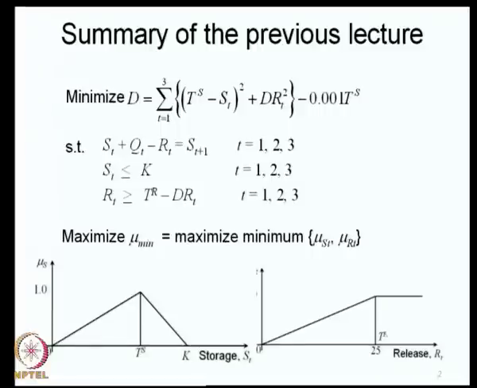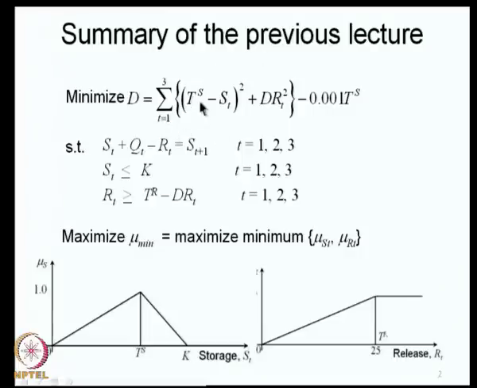Specifically, what we dealt with in the last lecture was a situation where we have a storage target and a demand and release target. And these two are conflicting in general, because if you make more release, then the storage will be depleted. So, if you want to maintain both the storage target as well as the release target, one way of doing